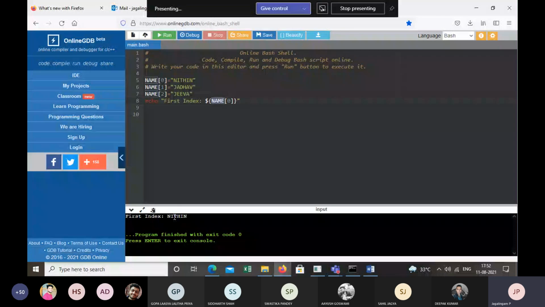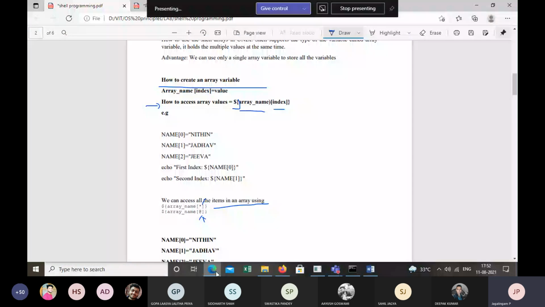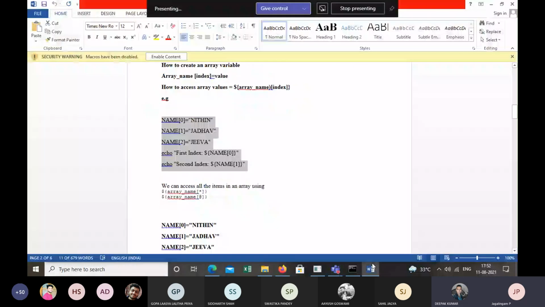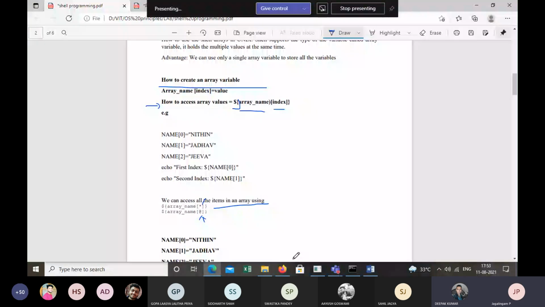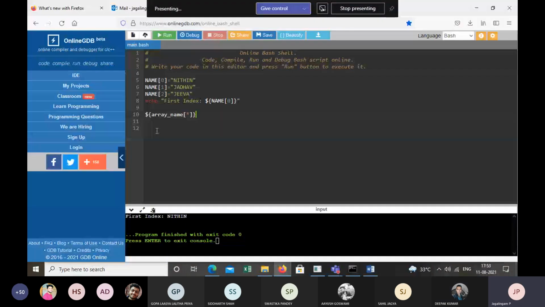Now, if you want to access all of array 0, 1, 2 in a single line of instruction, what do you do? What is the syntax for that? Using star or at the rate. Okay, yeah, so dollar, name of the array, is capital name, and then in the square bracket I give a star. Okay, now if I do this,